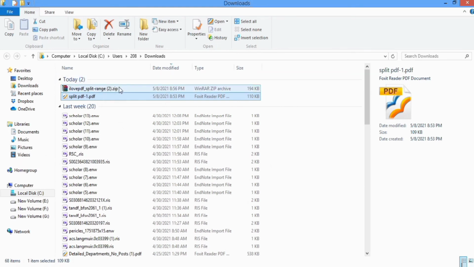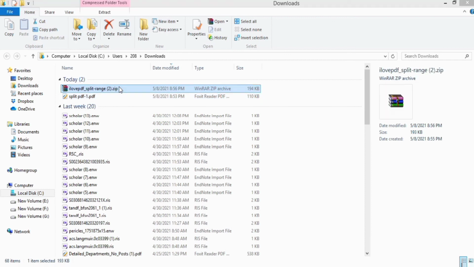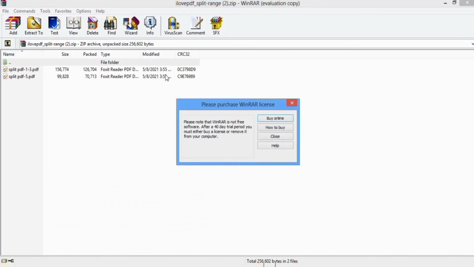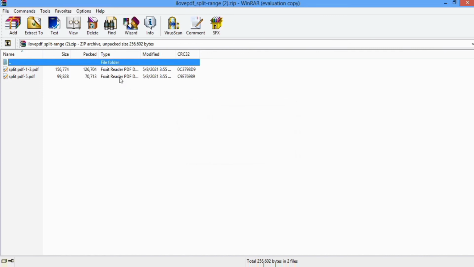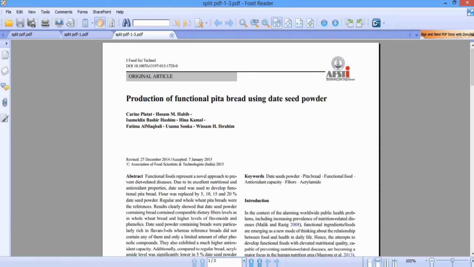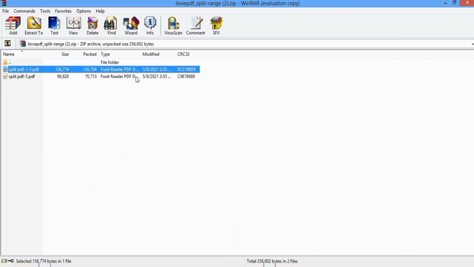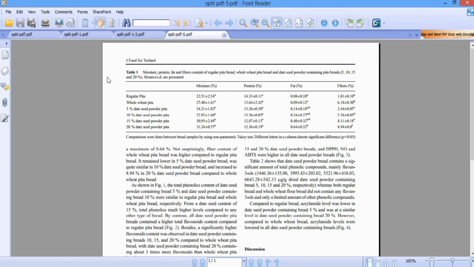This file is downloaded now. If I open it, then you can see here there are two files. One is from page 1 to 3 and the other one is page 5. So if I check the merge option, then this will be combined into one file.